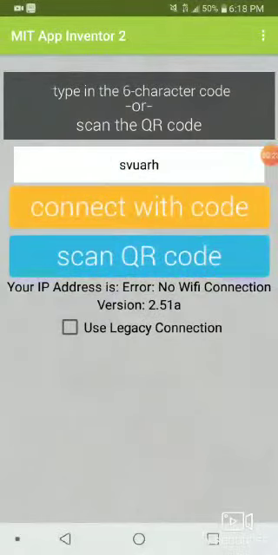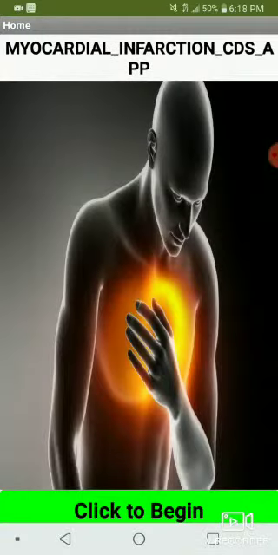As you can see, it will take about 5 to 6 seconds to upload. Now you see it upload the app on our phone. So this is the front page of our app with the title. We see the home page, title, myocardial infarction CDS application, and on the bottom you could see there's a button to